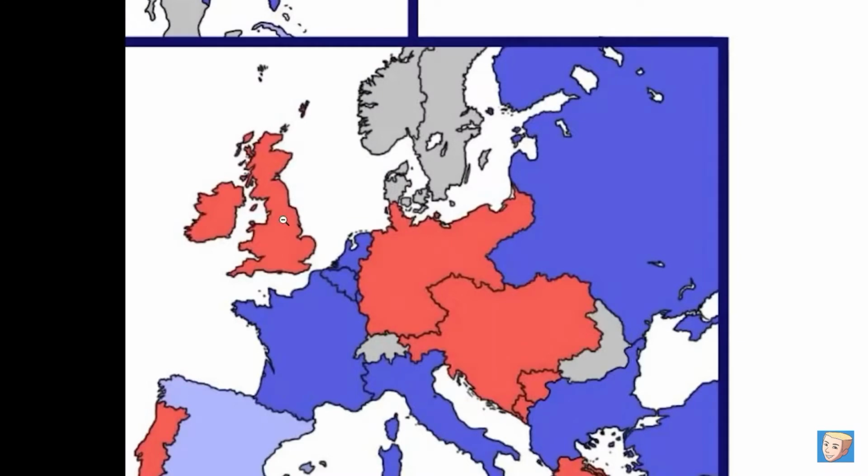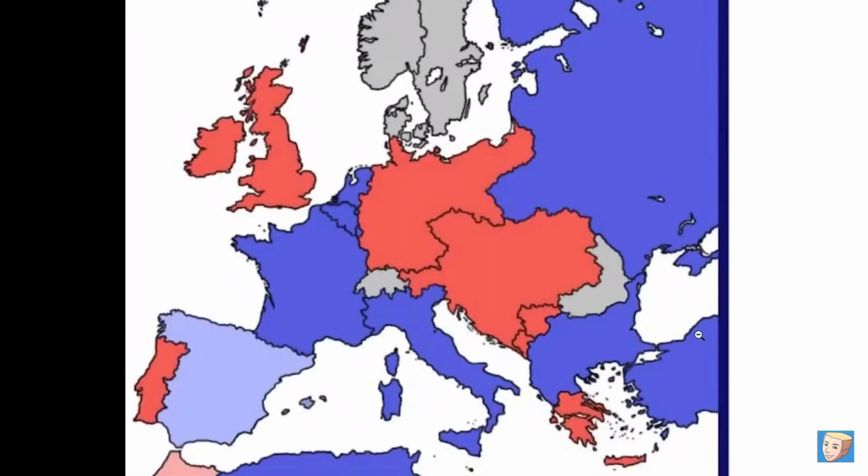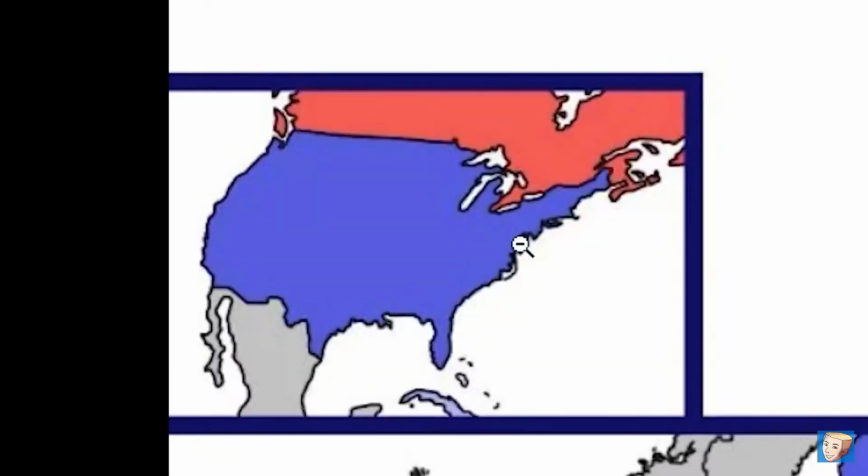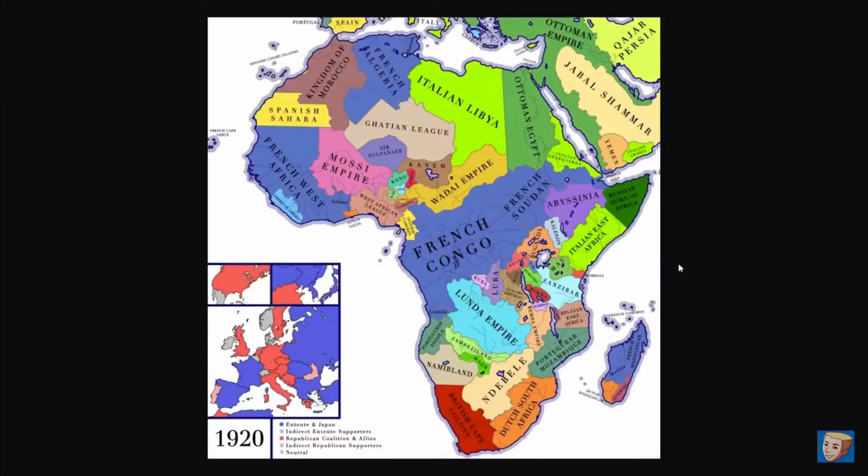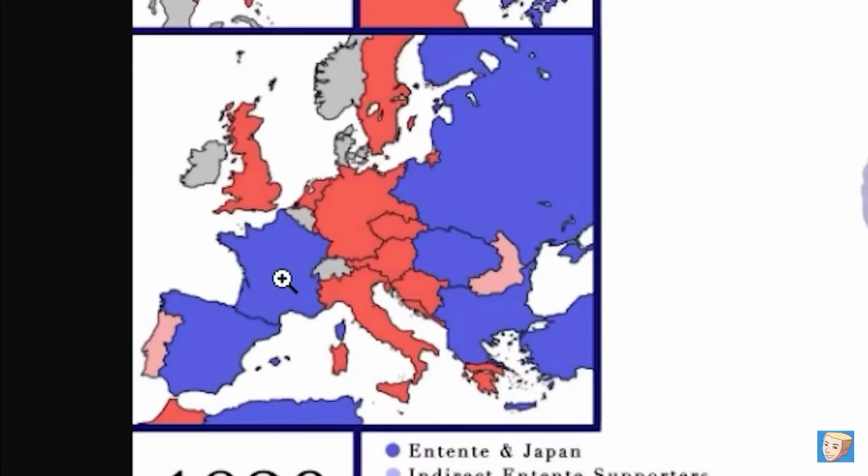The British are actually in the Central Powers, and of course their little buddy Portugal always joins the British. The Ottomans are actually on the Allies side. That also means North America is going to have a little bit of fighting going on. I'm just going to go ahead and assume Germany's going to win this. Wait, I'm not sure because it's 1920 and things are still happening.